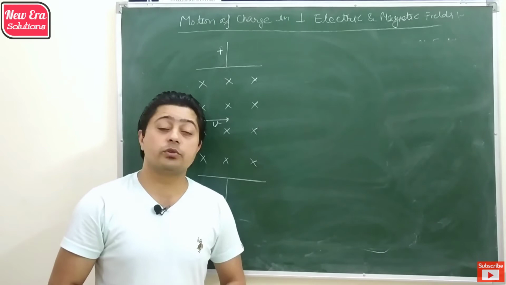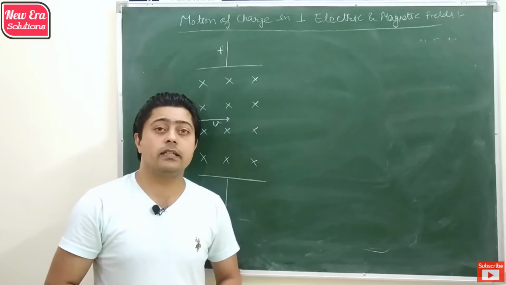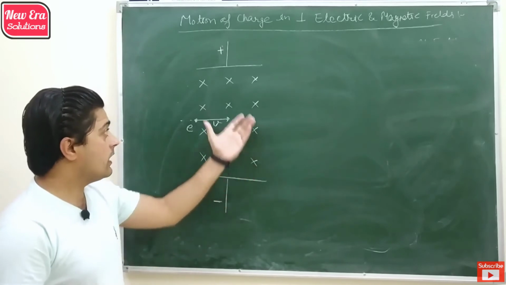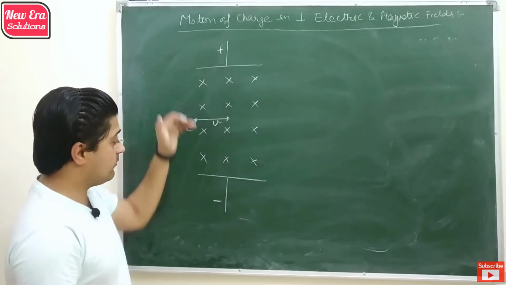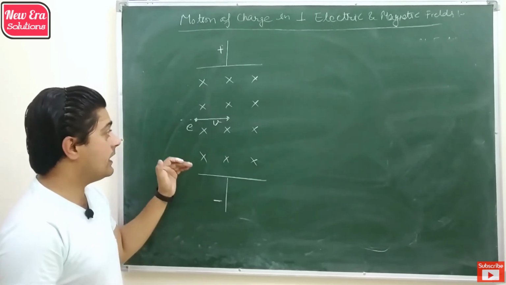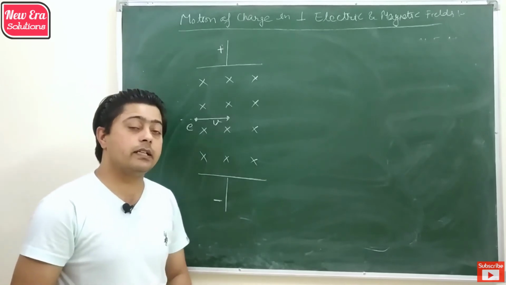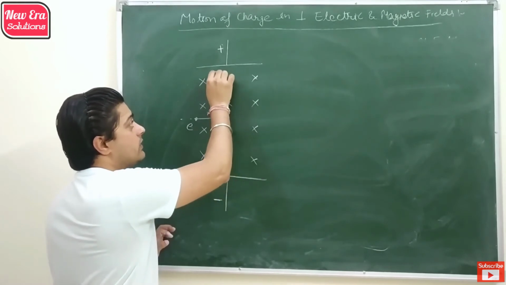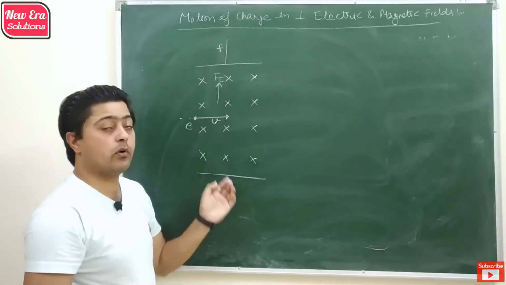Now let's find the motion of a charge in a region where both electric and magnetic fields are present and they are mutually perpendicular to each other. So we have a region in which a magnetic field is uniform pointed in the inward direction, and then we apply some electric field which acts from positive to negative direction. Then an electron moving from left to right enters that region. So on the electron there is an electric force acting in the upward direction because the electron is a negative charge and is attracted by the positive terminal of the battery.